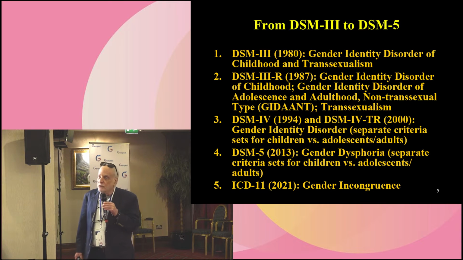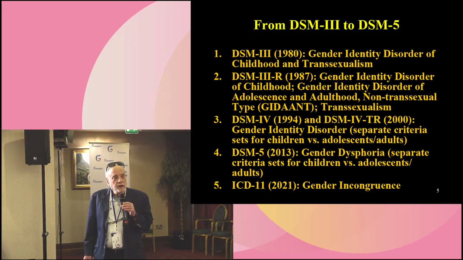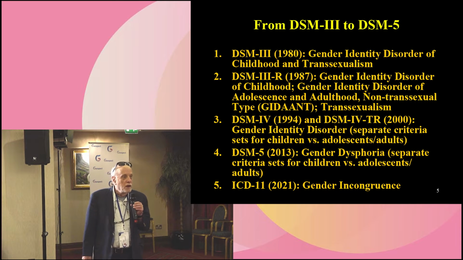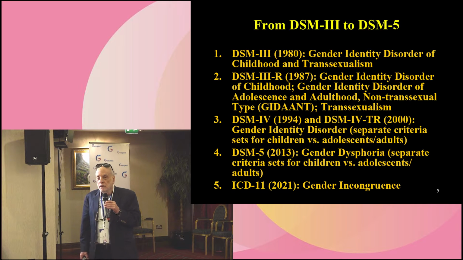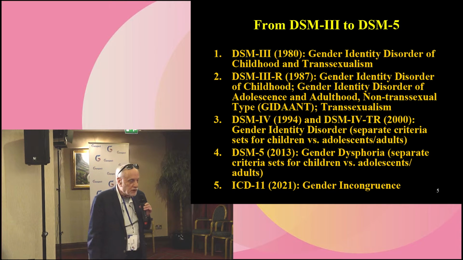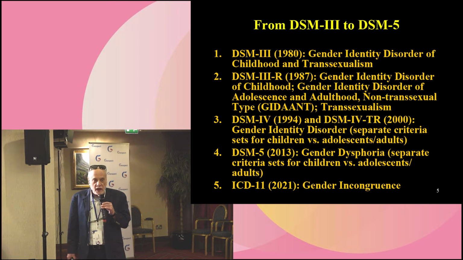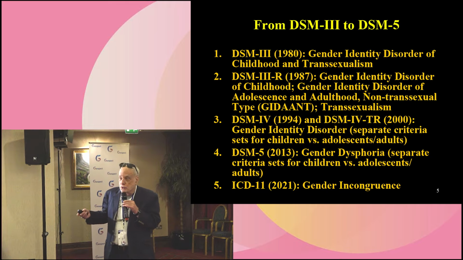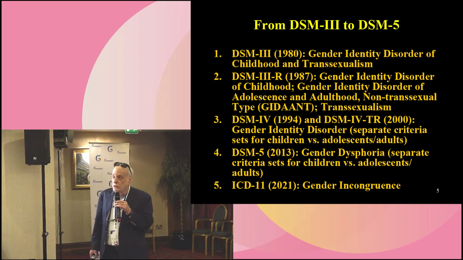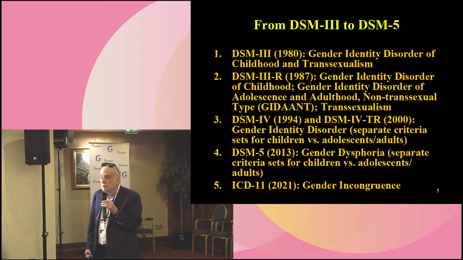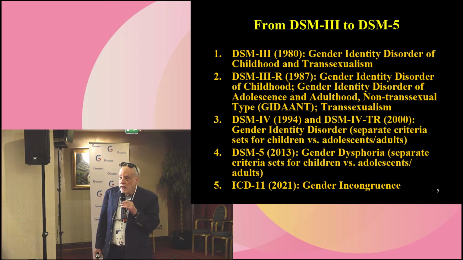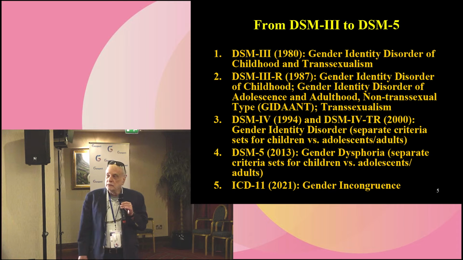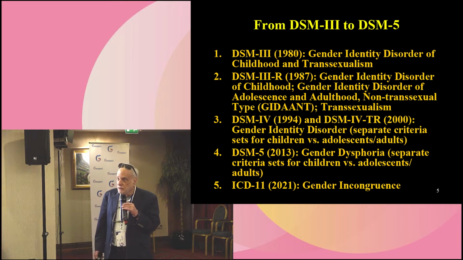And basically, why did gender identity disorder of childhood and transsexualism make their way into the DSM-3? Two reasons, and you can decide which reason I'm sort of joking about. One was that a diagnosis was considered for entry if it could be made reliably and if one could provide reasonably descriptive criteria. And two, given the revolution in American psychiatry with DSM-3, you wanted to be inside the tent and not outside it.